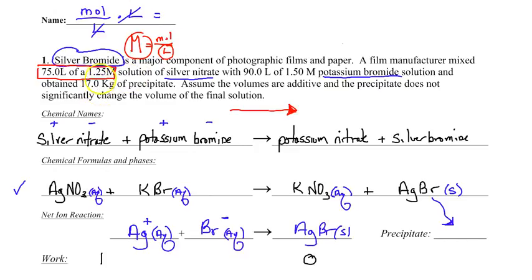So for our silver ions, what we have is 75 liters times 1.25 mole per liter. Liters go bye-bye, and of course, that's going to give us